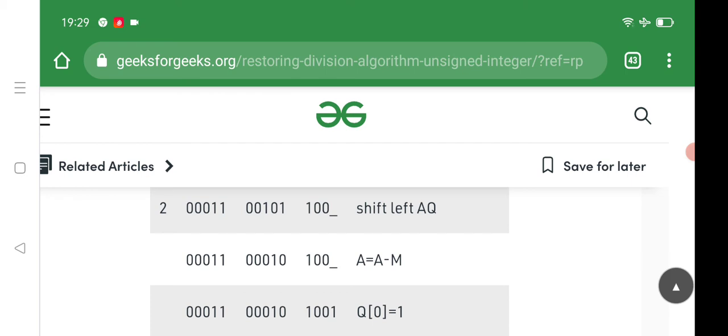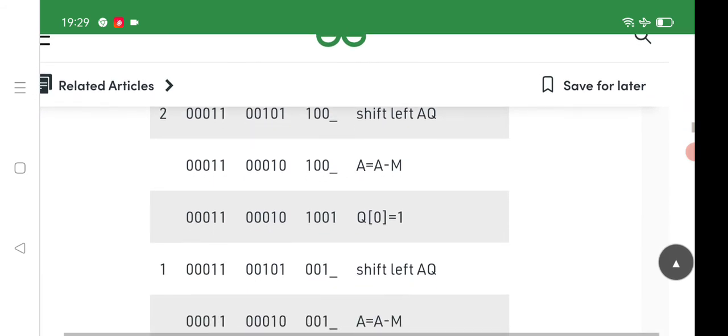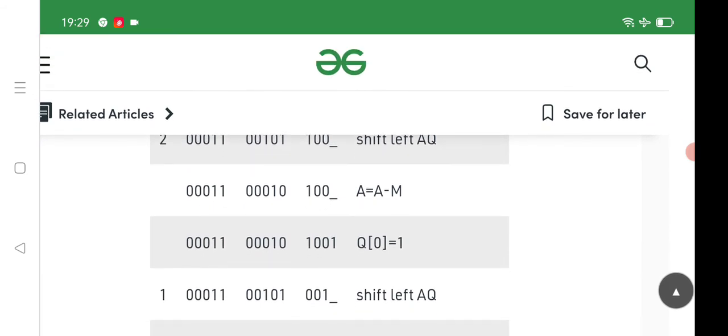Next we go with A equals A minus M. Once we have done that, I need to again check the MSB bit of my A value. If you see, the MSB bit of my A value is 0. So 0 means I need to set my Q naught value equal to 1, and I should not restore my A value.